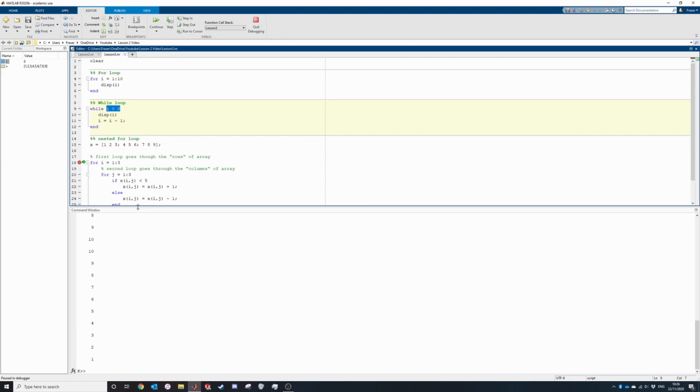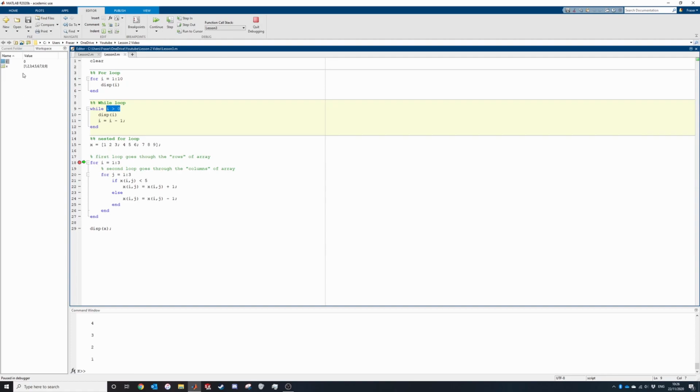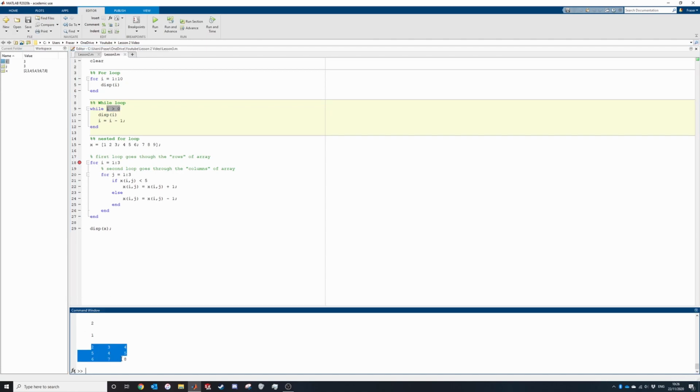I'll just put a breakpoint here so we could have a look at x. As we can see, x is clearly 1, 2, 3, 4, 5, 6, 7, 8, 9. And now a breakpoint you can put by clicking on lines of code here, and it just stops the code before it runs that. Now if I press the continue button here, it will now display x,